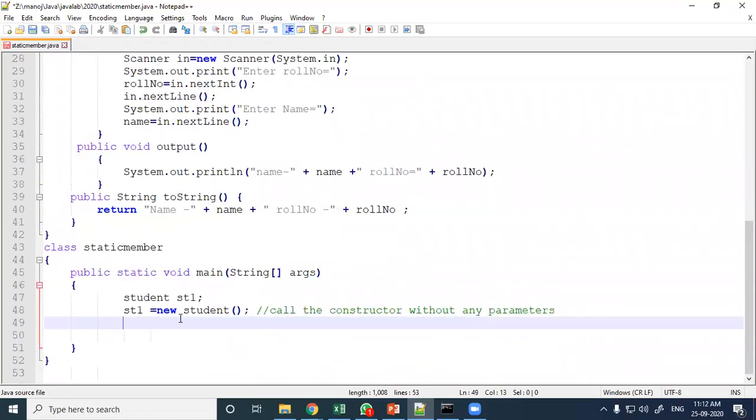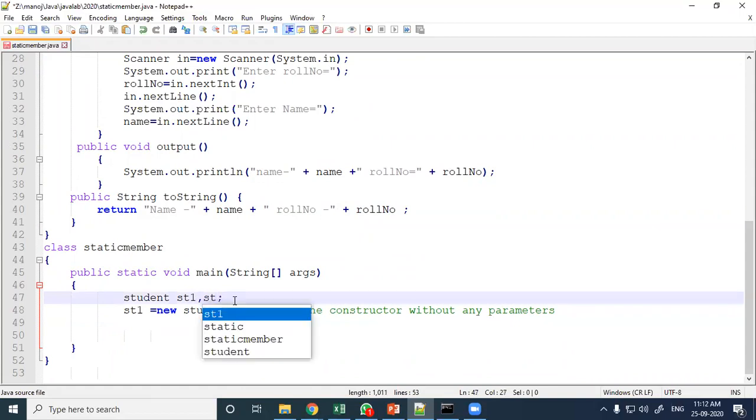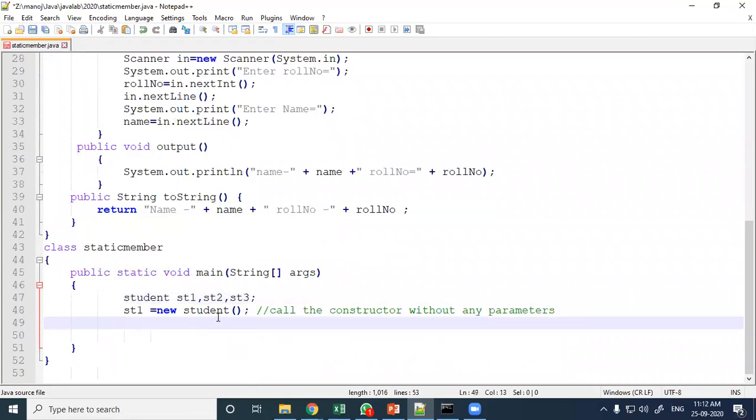Now we create st1, st2, st3, three objects. st1 equals new Student.